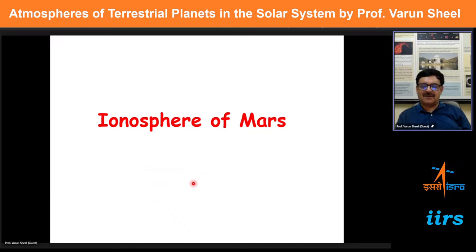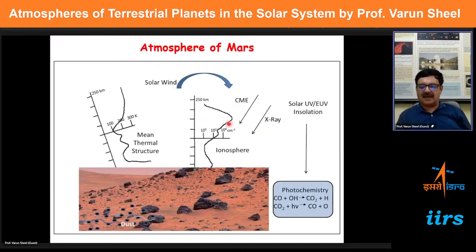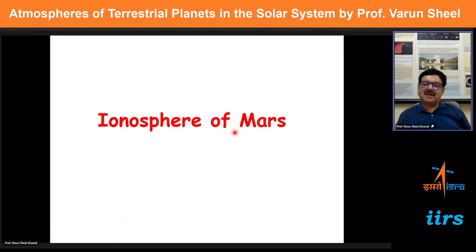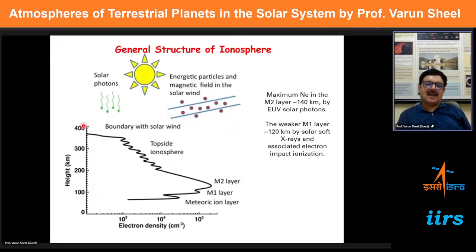As I said, the ionosphere of Mars, which is in the higher altitudes and affected by solar winds, we have tried to study as a very important aspect. And this is again a very general structure of the ionosphere. This is something called the electron density, because when an electron is emitted, the ions and electrons exist in charge neutrality. And so the ionosphere, a region in the atmosphere, is always characterized by the density of the electrons.